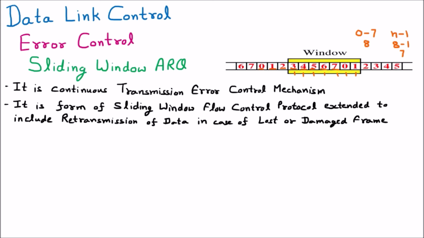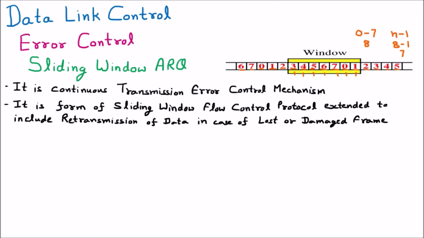You can see that 0, 1 is again repeating. So 0, 1, 2, 3, 4, 5, then 6 and 7 were already previously sent. This way the sequence of 0 to 7 keeps on continuing and the window keeps moving forward. The window compresses whenever it is sending and expands when the acknowledgement is received. This is the sliding window protocol, and in this protocol, the ARQ feature, meaning the retransmission of packets, is added so that we can deal with lost and damaged frames.